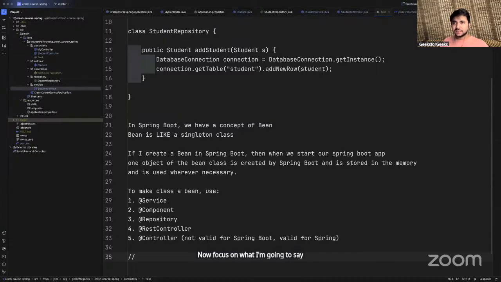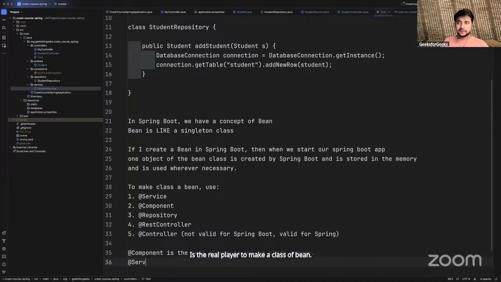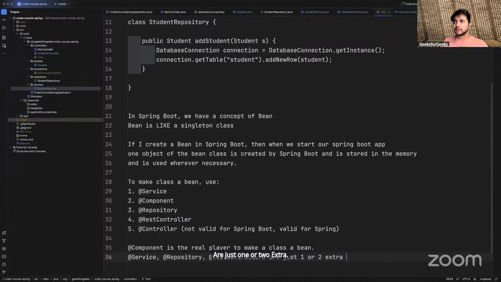Out of these five, @Component is the real player to make a class a bean. @Service, @Repository, and @RestController